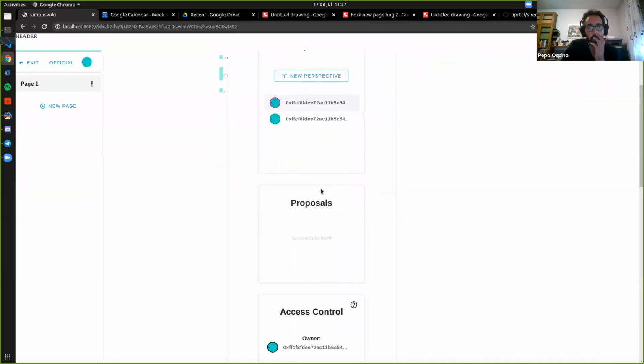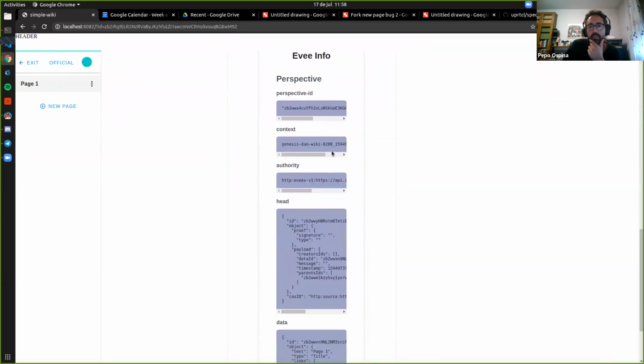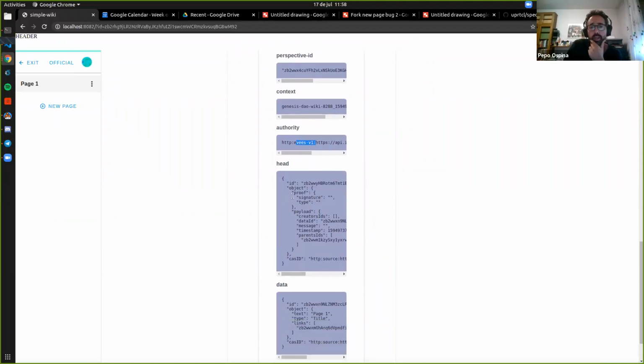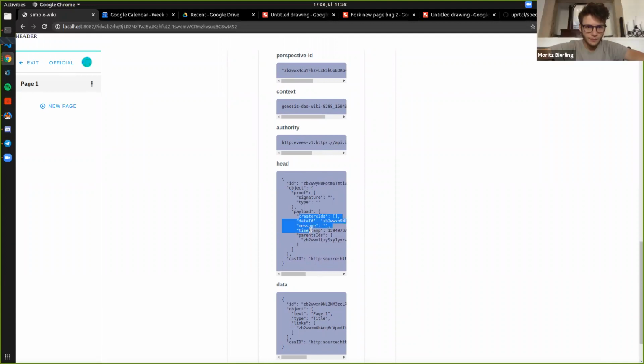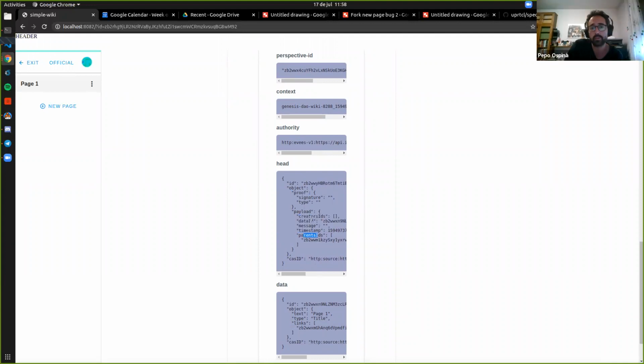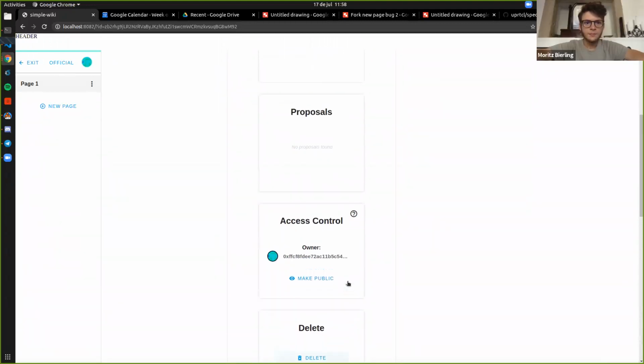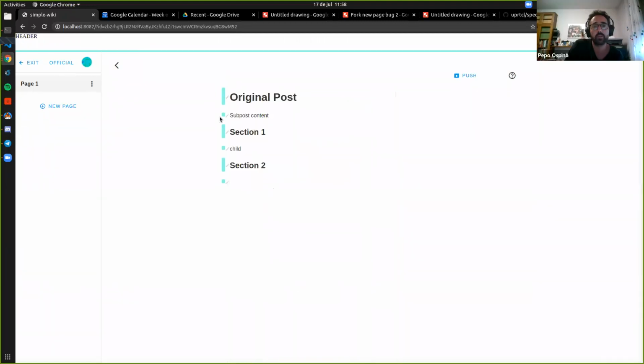In this version, I'm showing some metadata so you can see the perspective ID, authority. This is an HTTP server, the head. It's a bit slow, but this is how an actual head looks like. There are other things I didn't want to show. So the parent IDs is an array and the data ID, and then the data object, which is pretty similar to that. This is in action, how it is happening. And the reason it is not showing here is because these are pointed to commits. So the editor doesn't create a new Evee for each element; it creates commits.